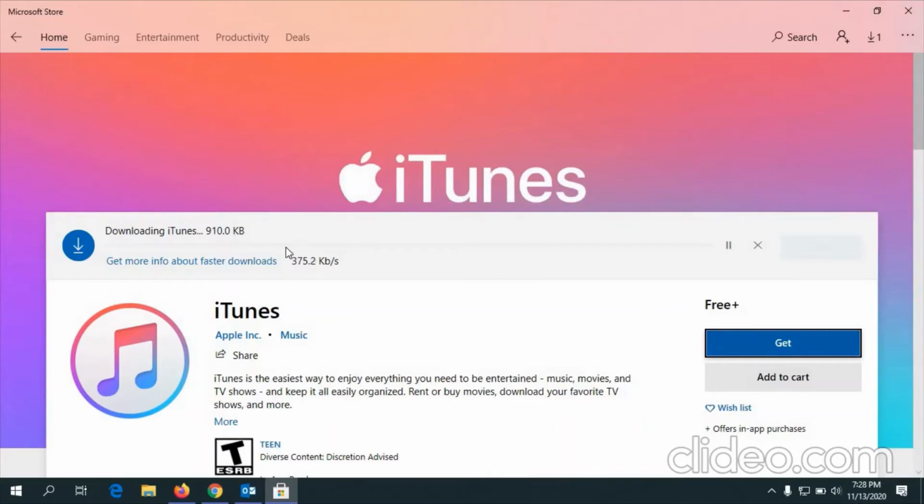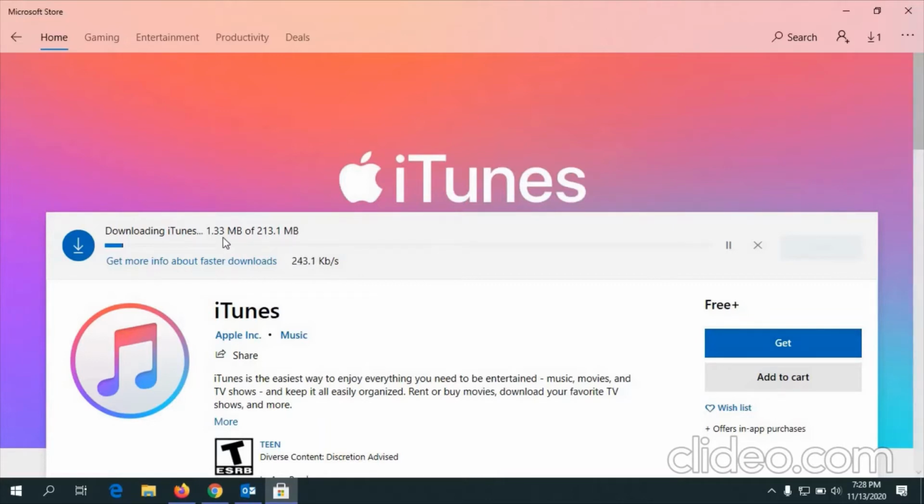So mine's at a speed of this many KB per second. Okay, so it's 213 MB. It's a very less space taking app. For laptops and all, 213 MB is very less.